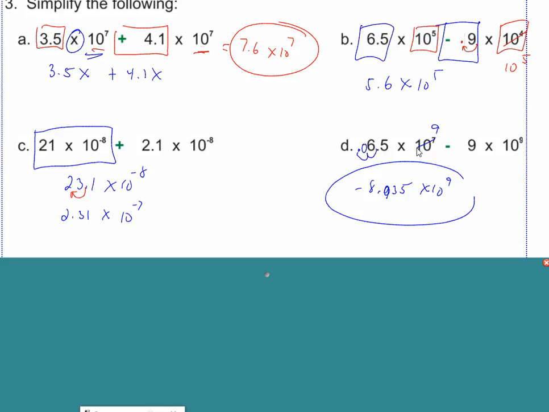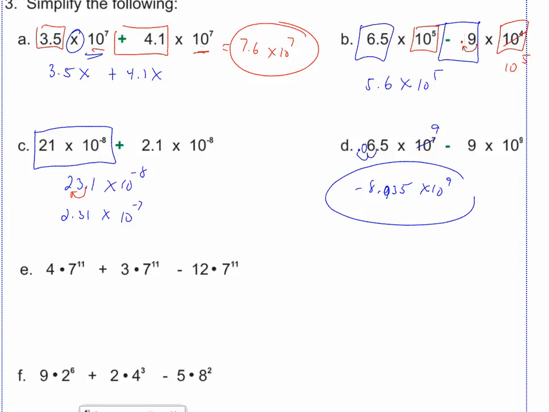Okay, questions? Josh? So would you be allowed to, instead of changing the 7 to the 9, change the 9 to the 7? You could, but then when you're done, you're going to have to change that answer into proper notation because it's not going to be a proper scientific notation form. That's why I say always change the smaller to match the bigger, and a lot of times you won't have to change again. And again, you guys in your calculator, you're just punching in -9 plus 0.035, right? And it's going to tell you